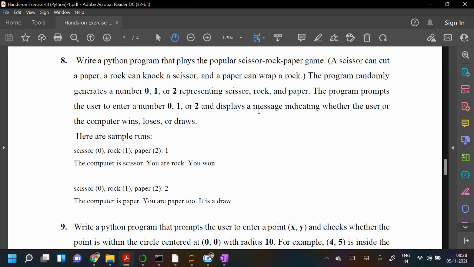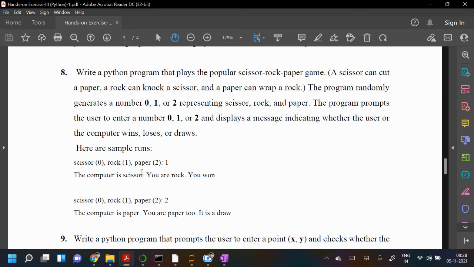So you will write the code for a game between the user and the computer.